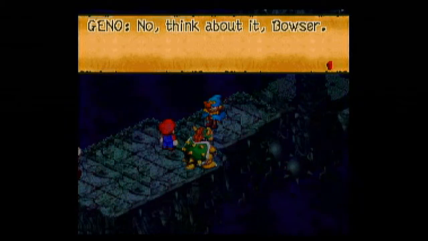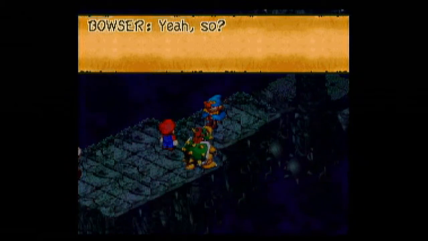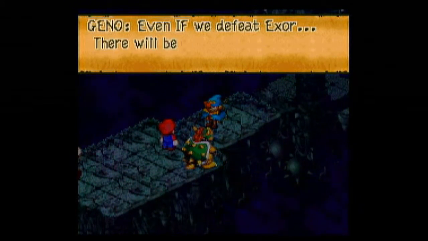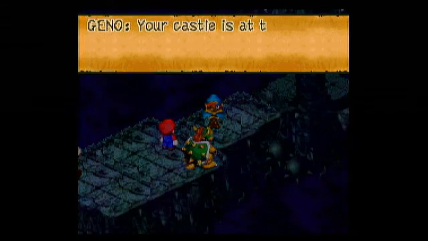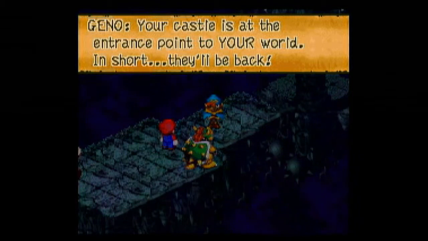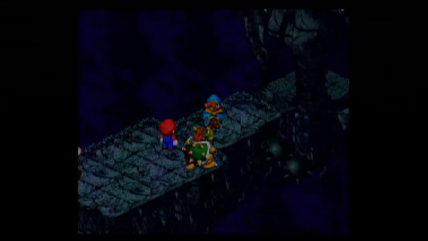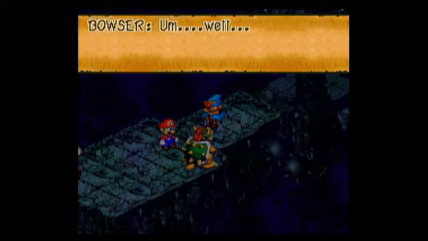No, think about it, Bowser. This sword connects the two worlds, right? Yes, so? Even if we defeat Exor, there will be other weapon beasts to follow him. Your castle is at the entrance point to your world. In short, they'll be back. Is that what you want? Well...